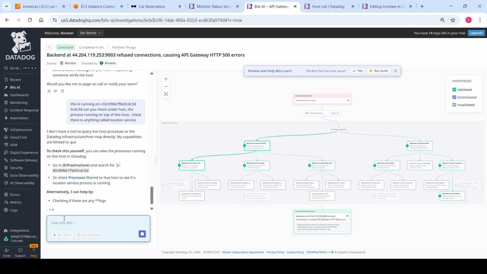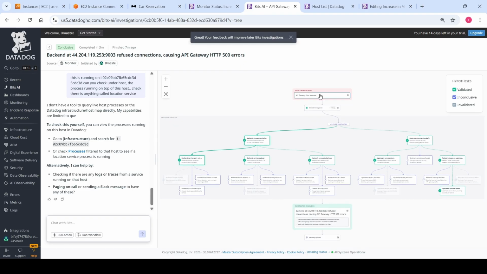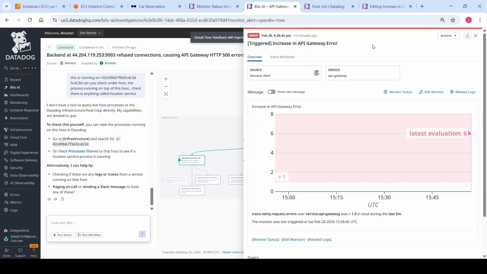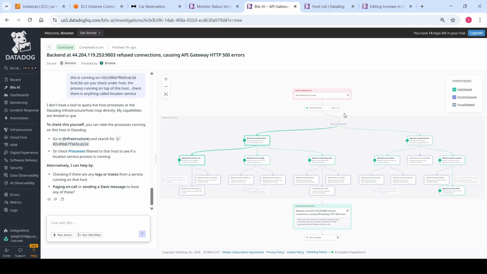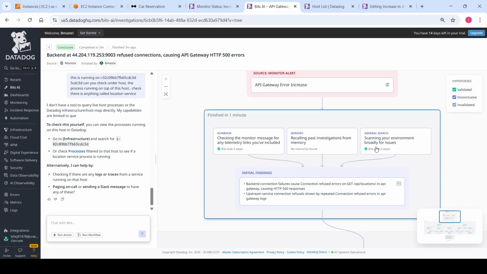Yeah, so that's probably a limitation, but I think we should be happy. Generally, it looks like it has worked fine. If you see, it looked at the error and then did the initial investigation. It was able to understand something was wrong with the API location, even though the alert related to the API gateway,